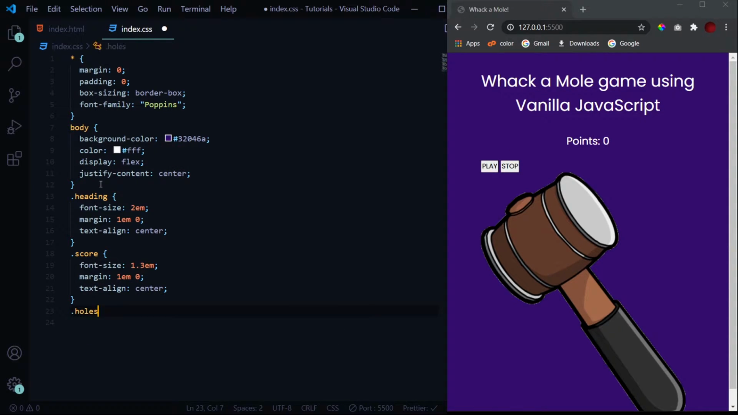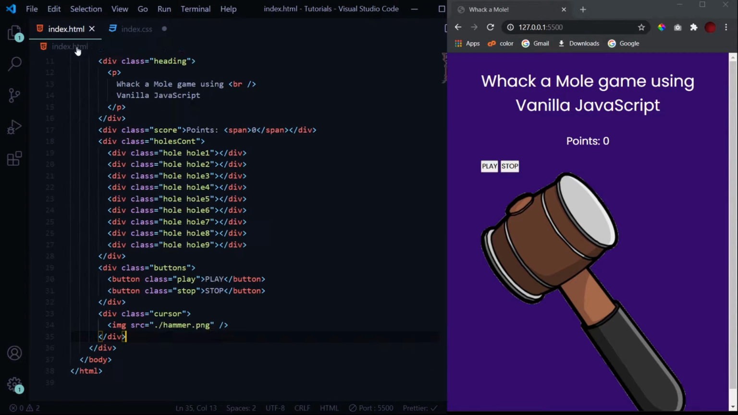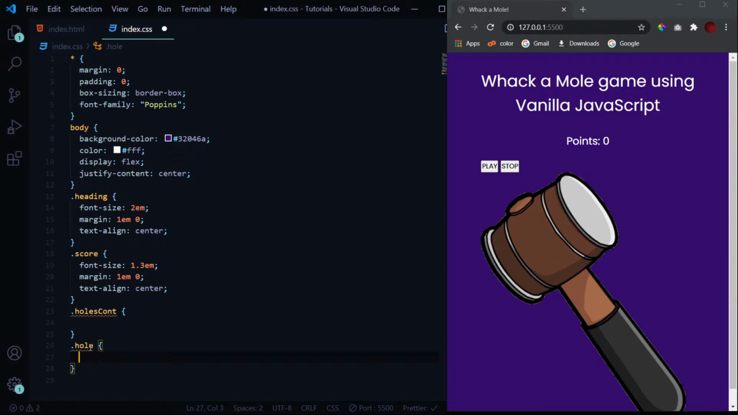Now we'll design our holes. Right now we don't see anything in place of the holes because there wasn't any text in it. There were just 9 divs without anything. So actually let's first design each and every hole. If you remember, I have given this class of hole to every div. So when I call this .hole div, that means we are selecting each and every one of